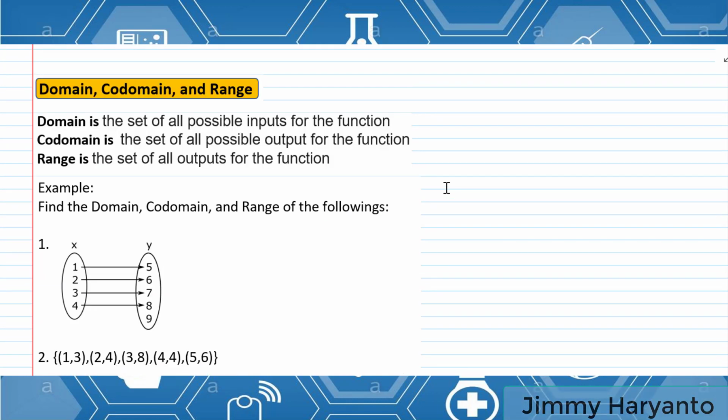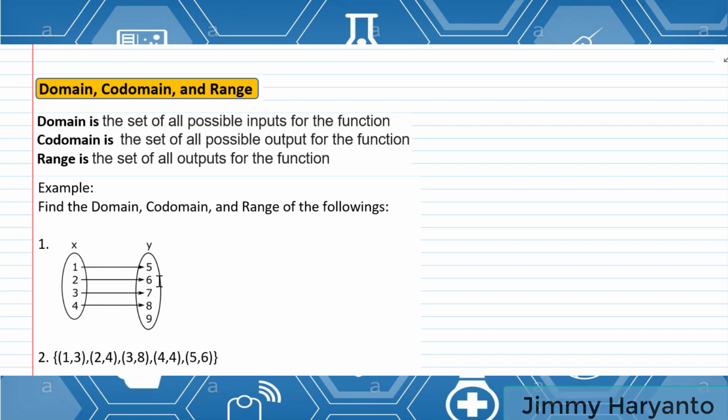Next is still in junior high school, domain, codomain, and range. Domain is the set of all possible inputs for the function, which is x, and codomain is the set of possible output for the function, which is y, and the range is the result of the x and y, yeah. First, find the domain, codomain, and range of the followings. We can see that x is 1, 2, 3, 4, this is the input, and then for the y is 5, 6, 7, 8, 9, this is the